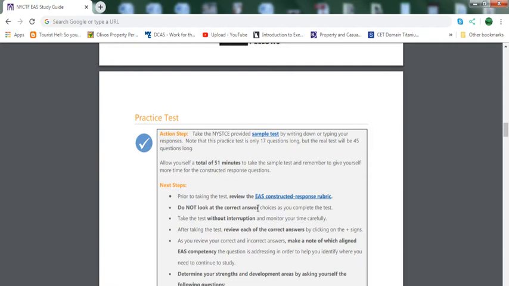Take workshops. If workshops are not available, make study groups. Or if you're still in college, take the exam while you're in college. So once you graduate, you don't have to worry about taking the exam, which I made that mistake. I graduated from college and I actually ended up taking these exams.